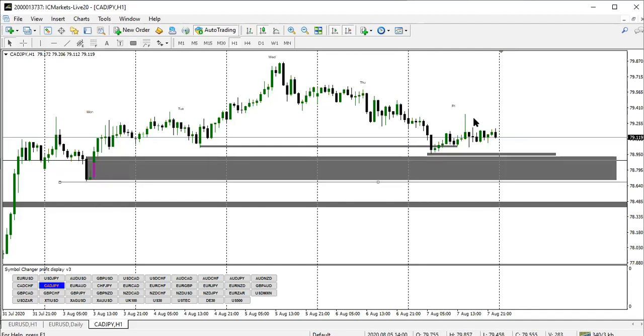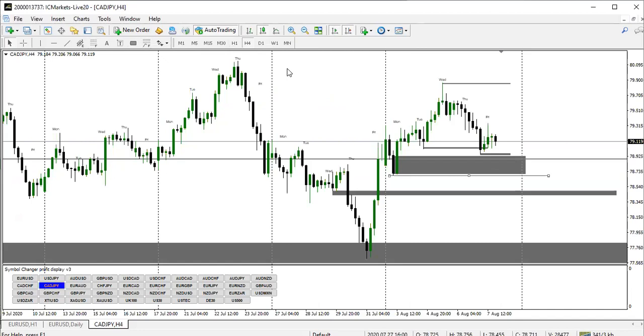Now, this is a liquidity graph here, and this market can take out this liquidity, come to this zone, and actually go higher. Now, the target will be this area. That's for the short-term target. Now, going to the daily